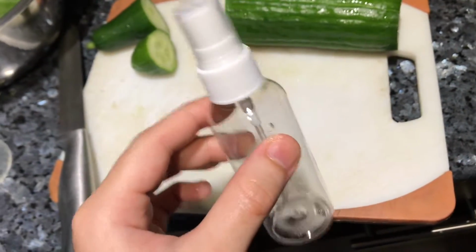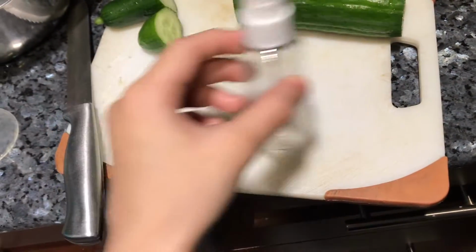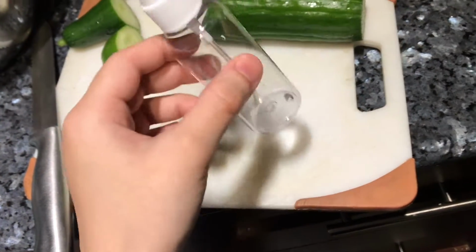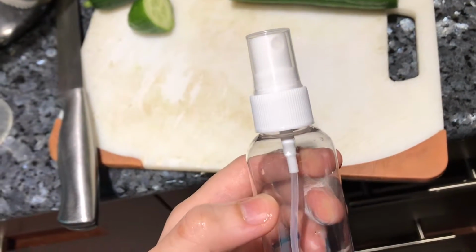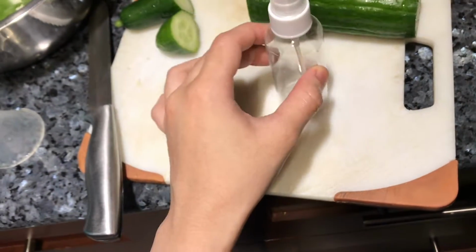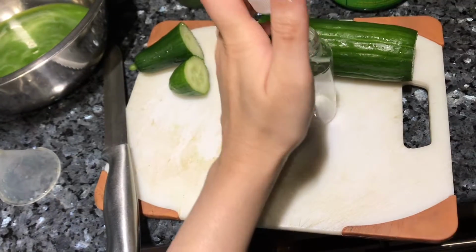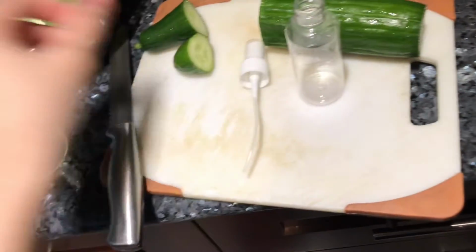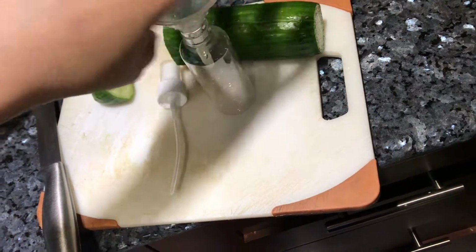But the only problem is the dollar store sells them in a pack of 3 with 2 bottles and 1 spray bottle, and I didn't need the 2 other bottles, so I got this one from Michael's, and mine was 55% off, so it was literally like 60 cents. So yeah, that's the bottle. Now I'm gonna open it up, and then I'm gonna put a small funnel and just